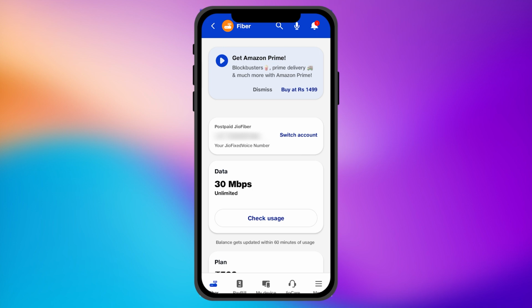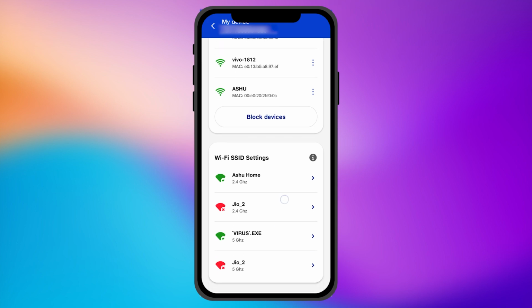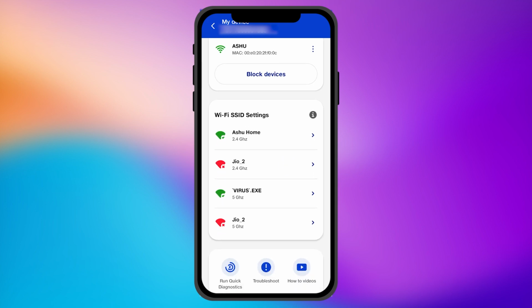Now in order to change the name, just simply go to the option of my devices at the very bottom of the screen. At the center you can see, just simply click on this option. When you click there, you can see now you are in the Wi-Fi device management settings of your Jio Fiber Wi-Fi, and here you have to scroll down, and in the section of Wi-Fi SSID settings, you can see the